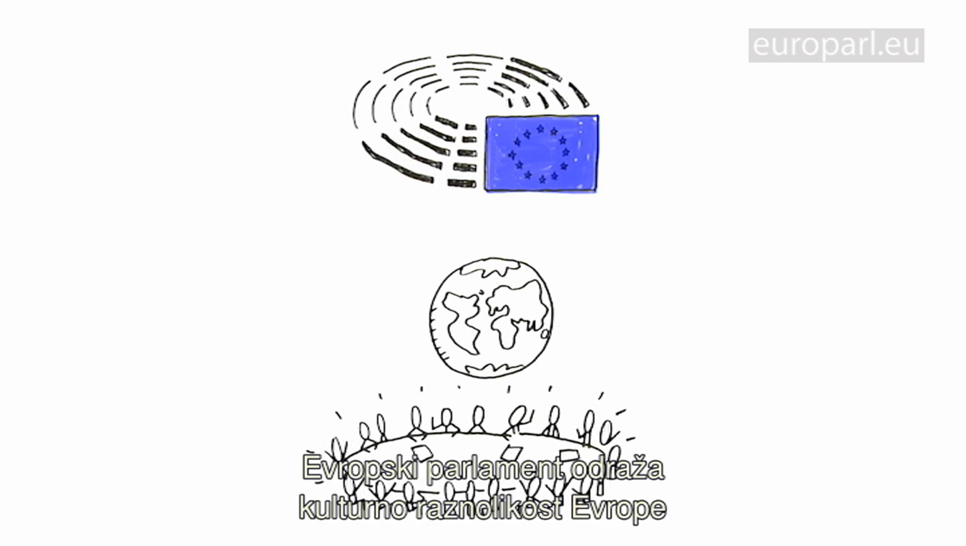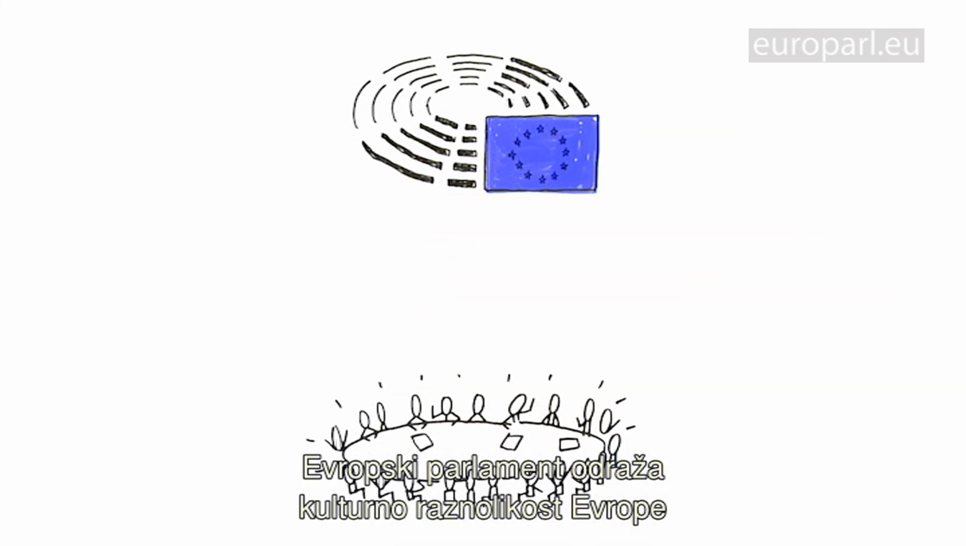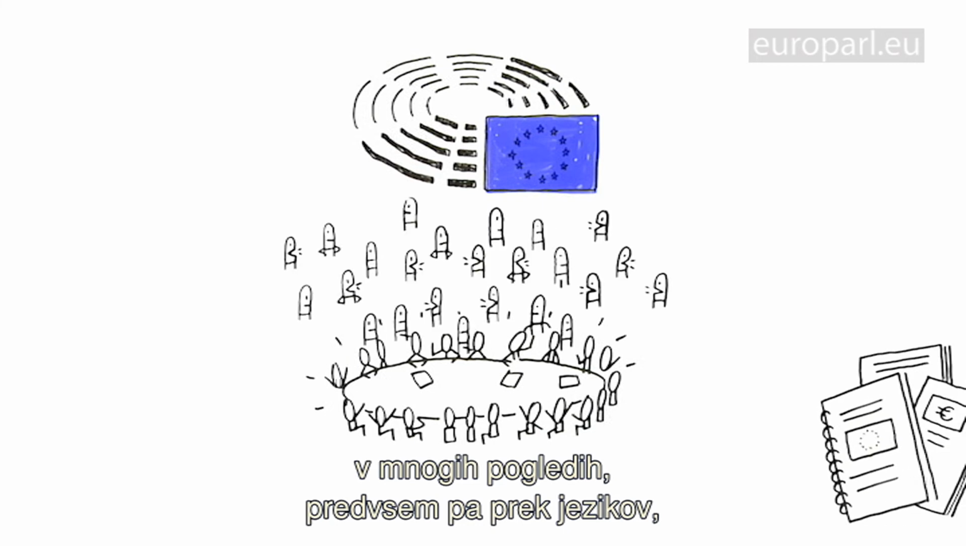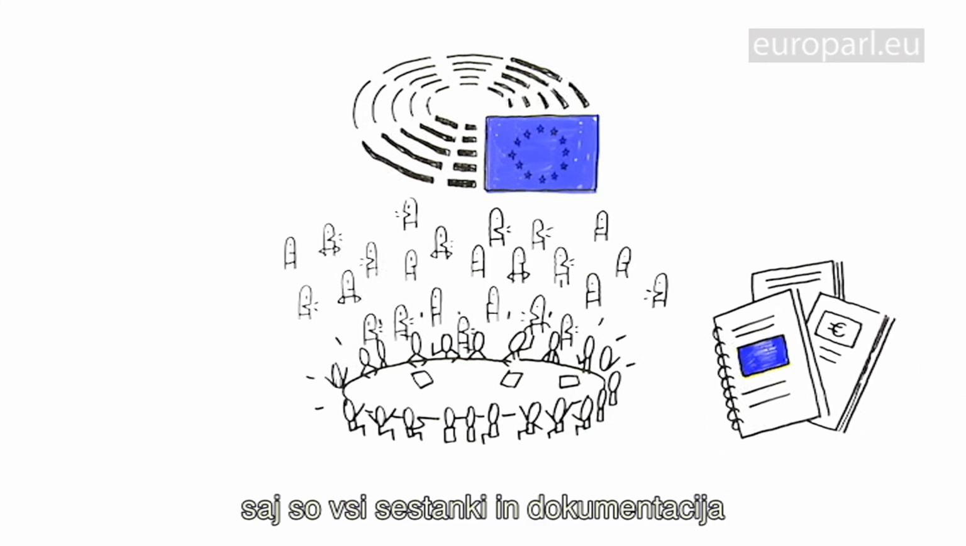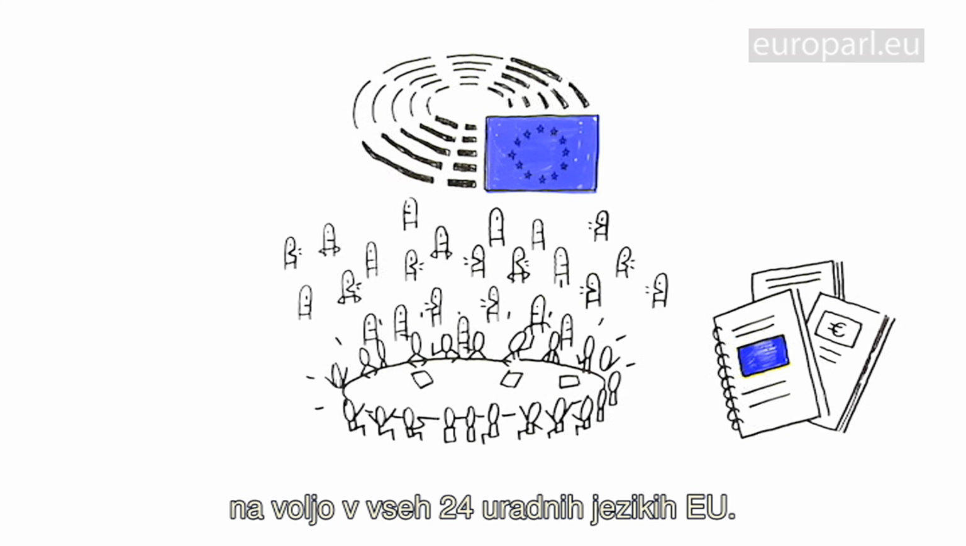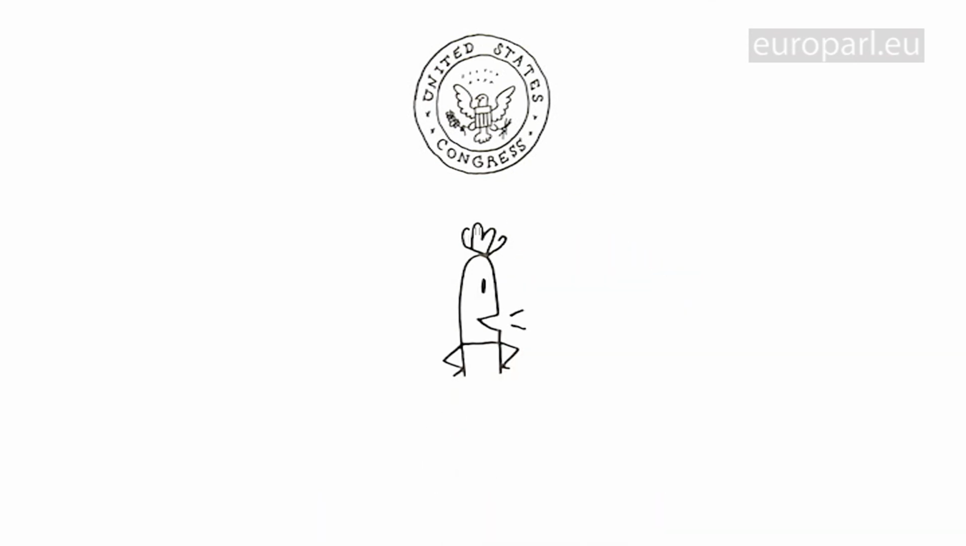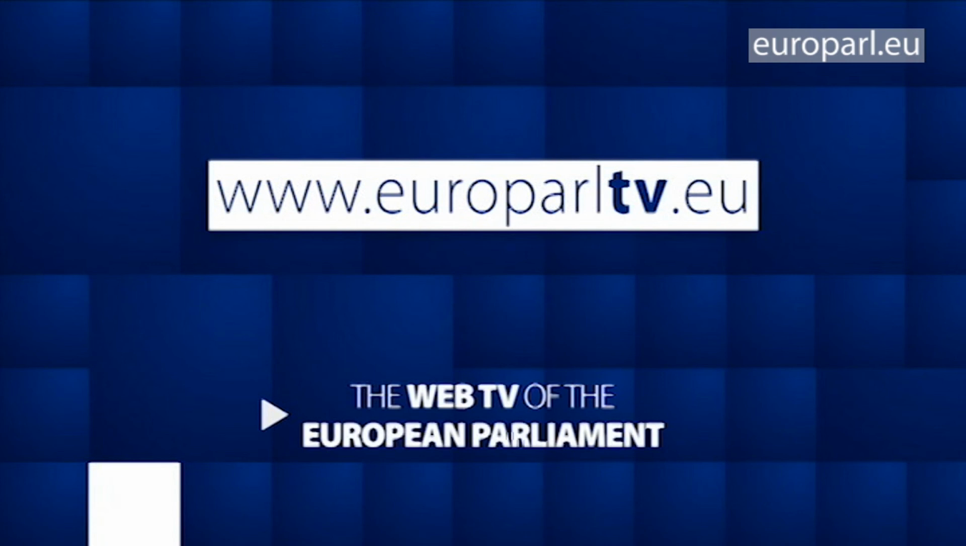The European Parliament reflects the cultural diversity of Europe in all manner of ways, but primarily through language, making its meetings and documentation available in all the EU's 24 official languages. In Washington, it's one official language. And may God bless the United States of America. It seems to be